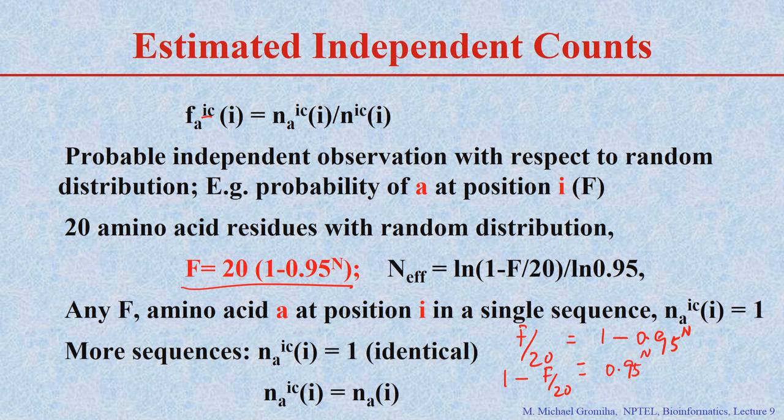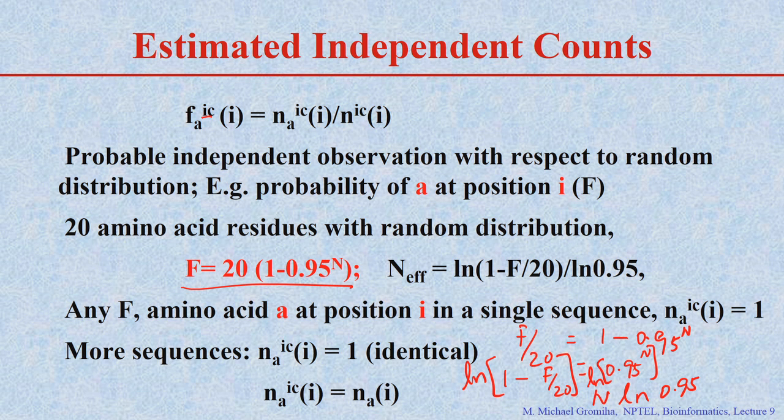Then take the logarithm, ln, and you can move this n here, that is n times ln of 0.95. From this you can get this n effective, which is equal to ln of 1 minus f by 20 divided by ln of 0.95. So you can get this number, right. So for any f, take amino acid A in position i in a single sequence, this is equal to 1. Then if you have more sequences, for example 20 sequences, if you have one more sequence,